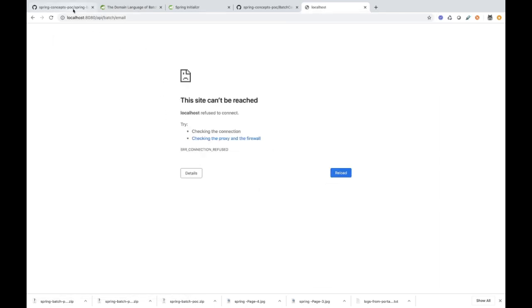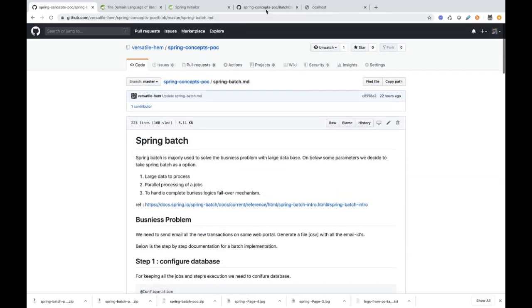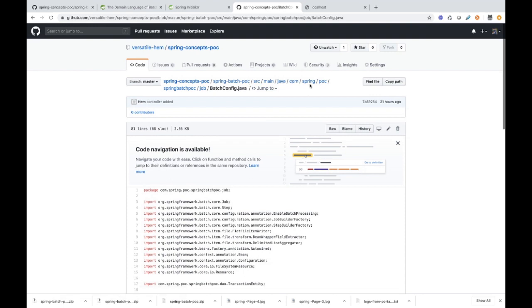One more thing, we need to add the property file. I have already mentioned it here.